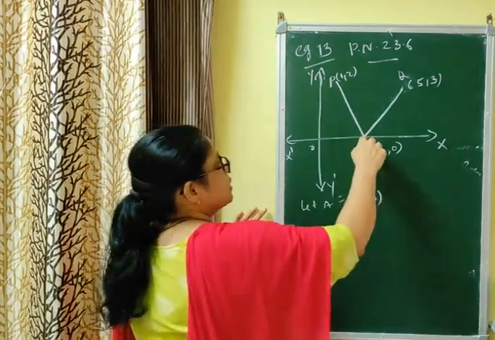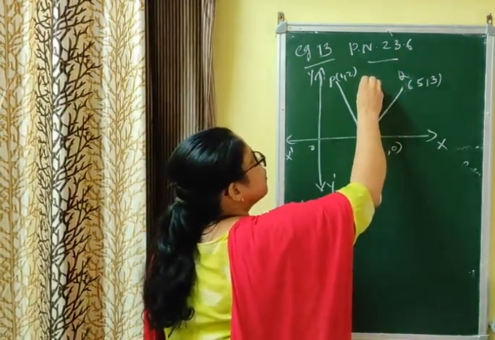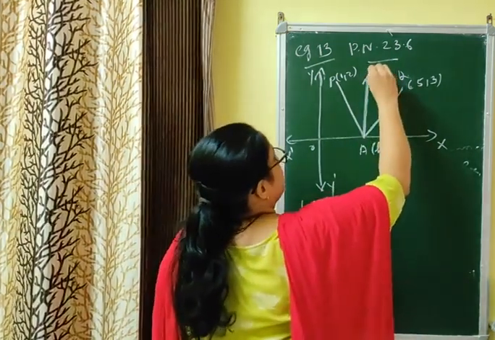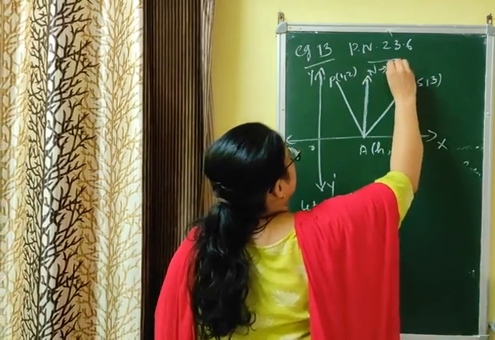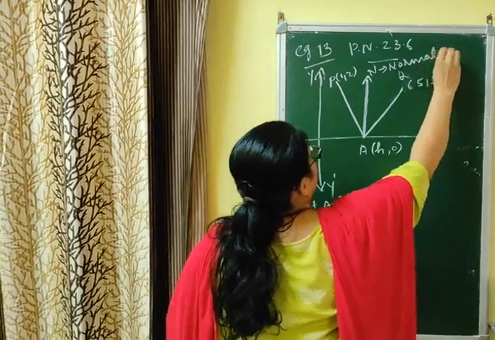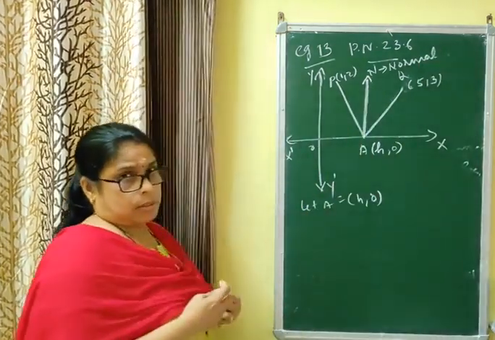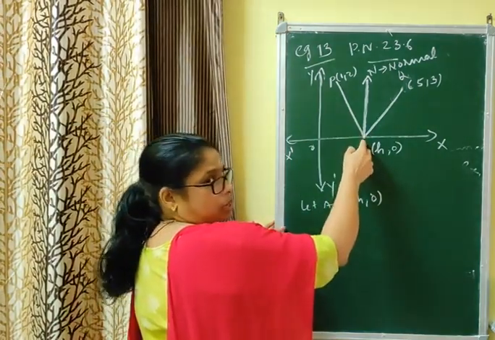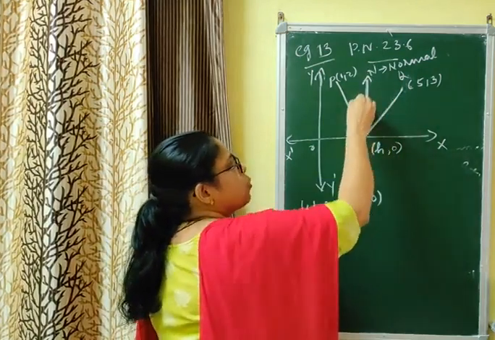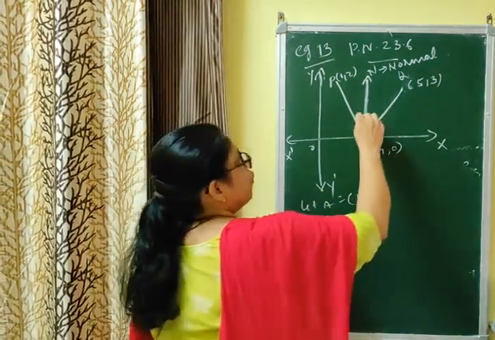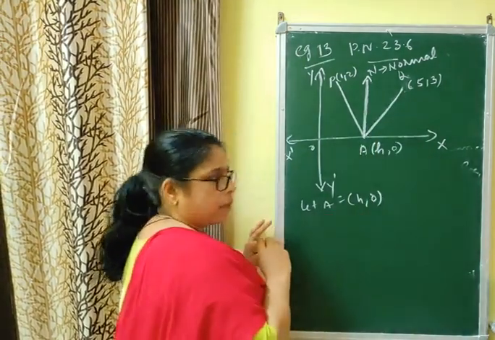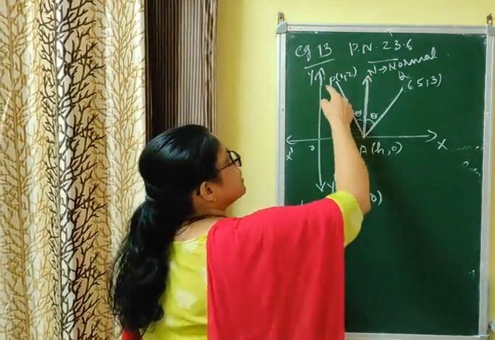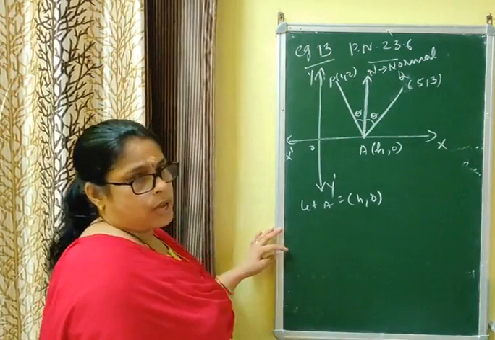Now, this is incident ray. This is reflected ray. If I draw a perpendicular at the point of reflection, this is called normal. Normal means, yesterday also I told you, normal form. Normal means perpendicular. Now, normal bisects the angle of reflection. अगर एक रे एक सरफेस में इंसिडेंट होकर के रिफ्लेक्ट होता है तो वहां जो परपेंडिकुलर बनता है वो उसे नॉर्मल कहते हैं. वो इस एंगल ऑफ इंसिडेंस को बाइसेक्ट करते हैं. Suppose that this angle is theta, then this is again theta. Why? Because normal bisects angle PAQ by the property of angle of incidence.